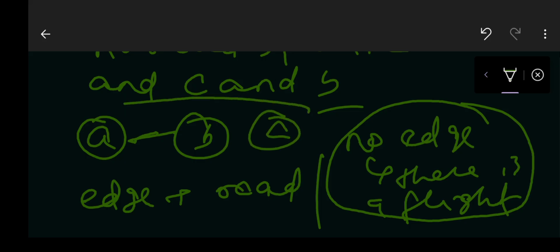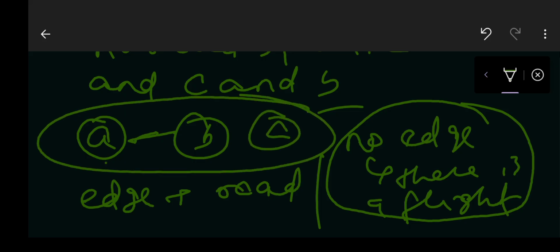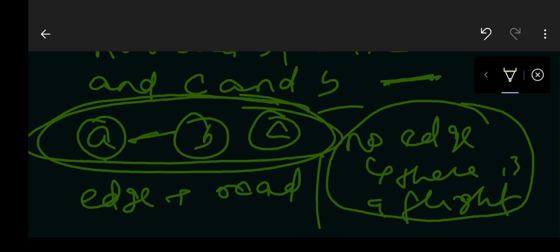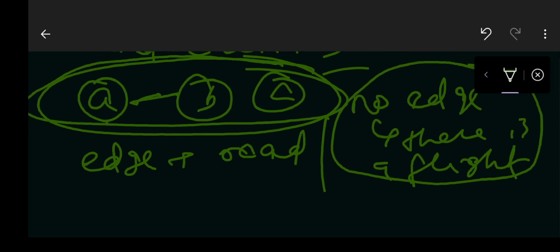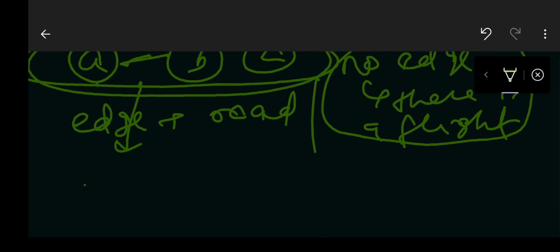So if you see, this is also a graph, because A is connected to C. Connection does not mean there needs to be an edge. There can be an invisible edge. Invisible edge basically means that there is a flight. This is not true every time. I just took an example that if there is an edge, that means there is a road, and if there is no edge, that means there is no road. But in this example, you can say one thing, which is that there are two connected components